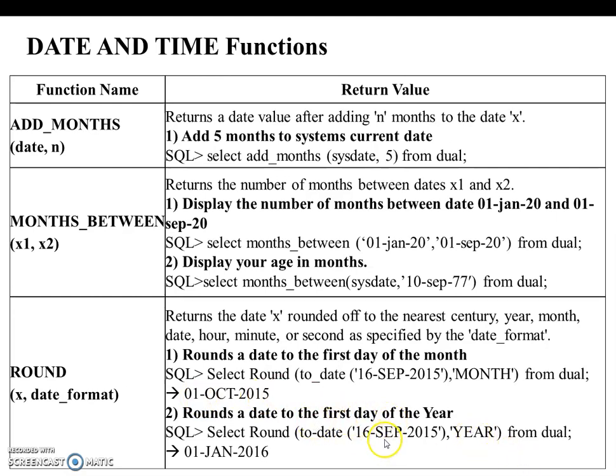Now let's have this example in terms of year. See, the same date is given, but I am going to perform the task in terms of year. Now this September 15 will be rounded to the next year, that is nothing but 16. Since we are after the mid value of June and after the mid value of 15, the result will be 1st of Jan 2016, which is the starting date of 2016. So this round function will find the nearest date value in terms of either month or year.